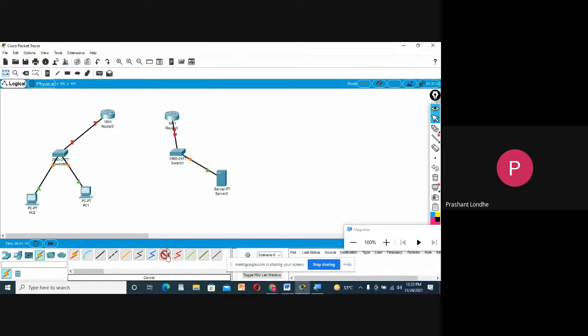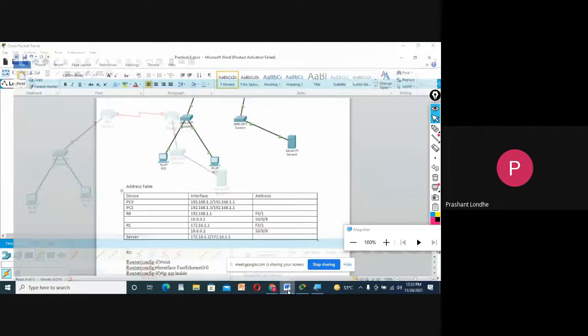I will use a serial cable over here for the connection. I have shown you in the last practical how to enable the serial ports. If the 1841 doesn't have any kind of serial port, then we can enable those serial ports. So now let's start implementing the addressing table.